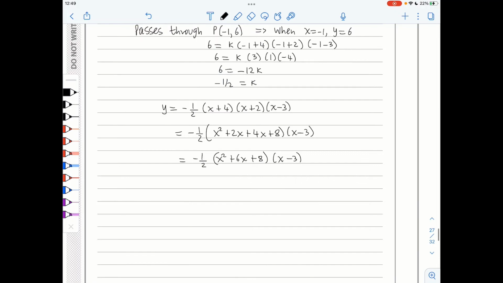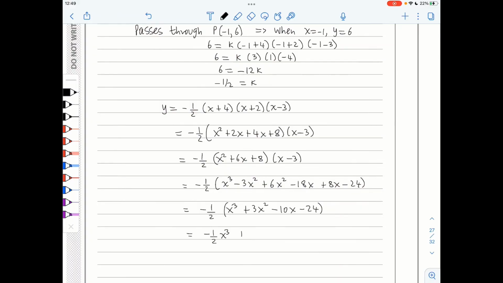We will expand once more to get -1/2 x cubed minus 3x squared plus 6x squared minus 18x plus 8x minus 24, which is -1/2 x cubed plus 3x squared minus 10x minus 24,